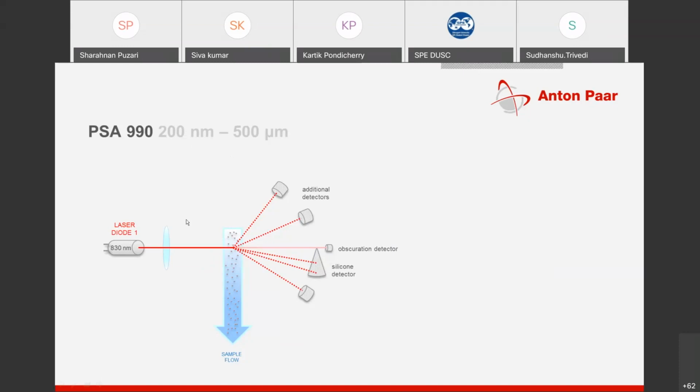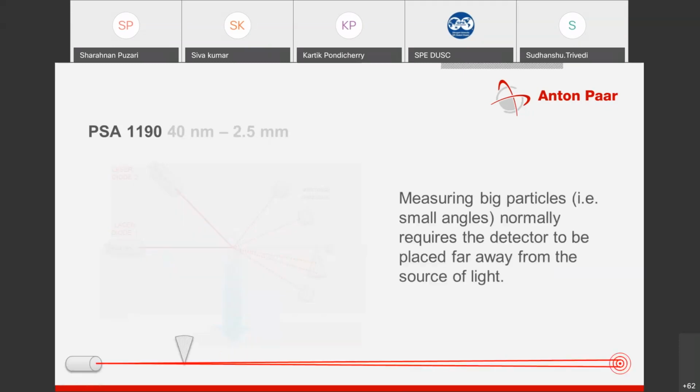If I add one more laser to it, then this range extends to a lower range, like 40 nanometer. From 200 nanometer it goes down to 40 nanometer, and the range becomes 40 nanometer to 500 micron. And if I increase one more,